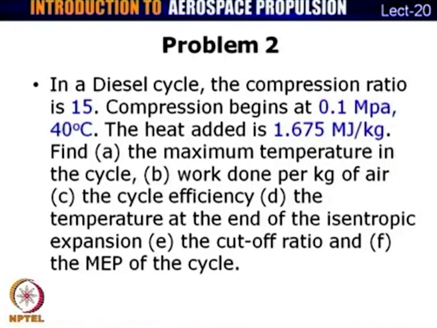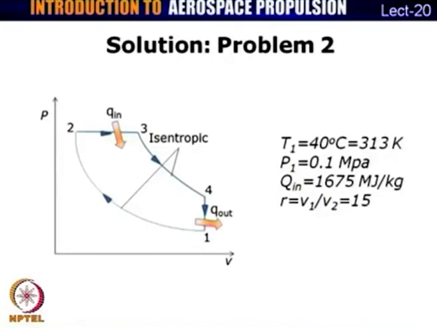The compression begins at state 1, where the temperature and pressure are specified as 0.1 megapascal and 40 degrees Celsius. The compression ratio is given as 15, and the heat added is given as 1.675 megajoules per kilogram. So, as we have done for the previous problem, the first thing that we should be doing